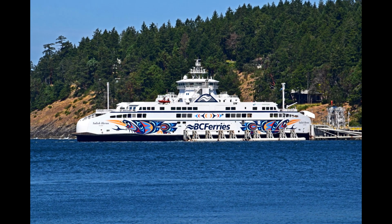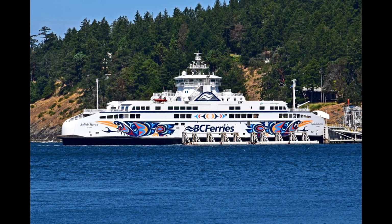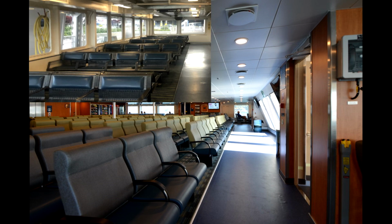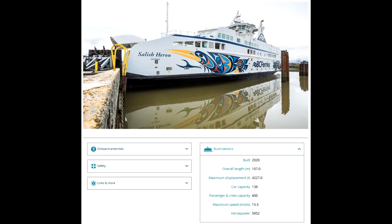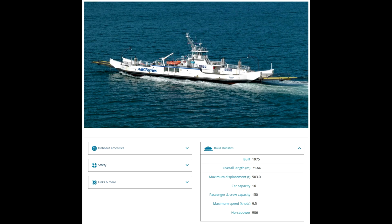Let's look at one of their more recent boats. This one is part of the Salish class, and actually looks pretty cool if you ask me. I like the exterior paint job, and the interior isn't half bad either. The seats are not a good color, but at least they're better than this filth. So surely they improved the top speed, right? 17 miles an hour? Oh my god! How slow can you possibly go? Oh, you gotta be